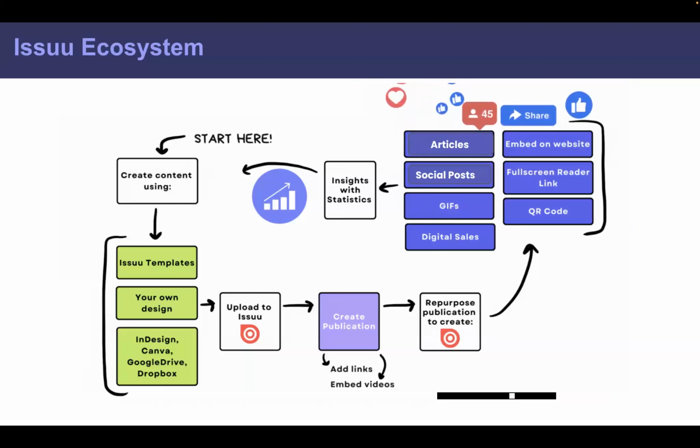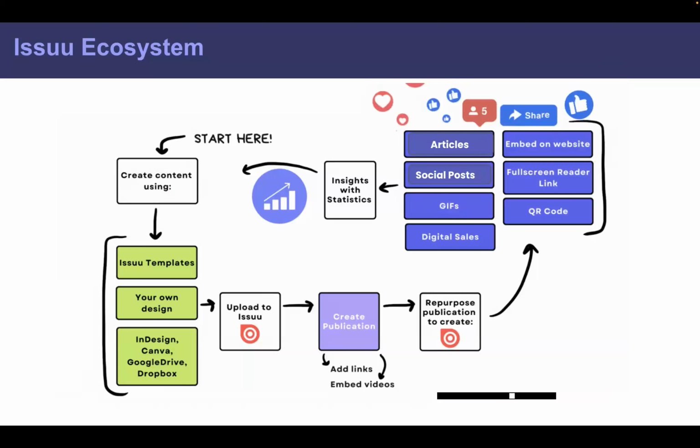So basically, this is not just about uploading your publication to Issuu and using only the publication link. You can also embed your publication on your website, share your publication in full screen, create a QR code, recreate your publication into smaller articles that are perfect for mobile screens, use the social posts and post about your recent publication